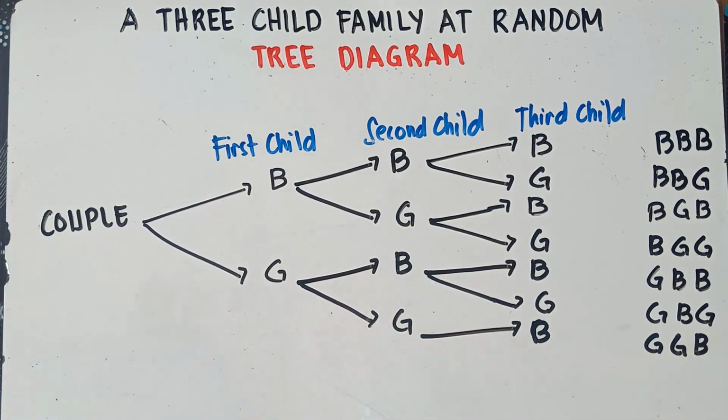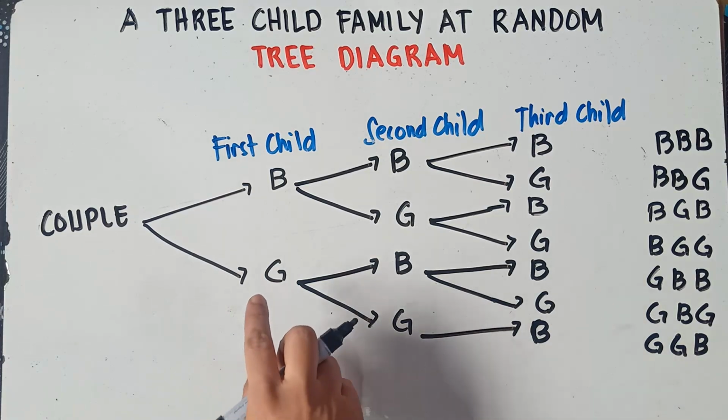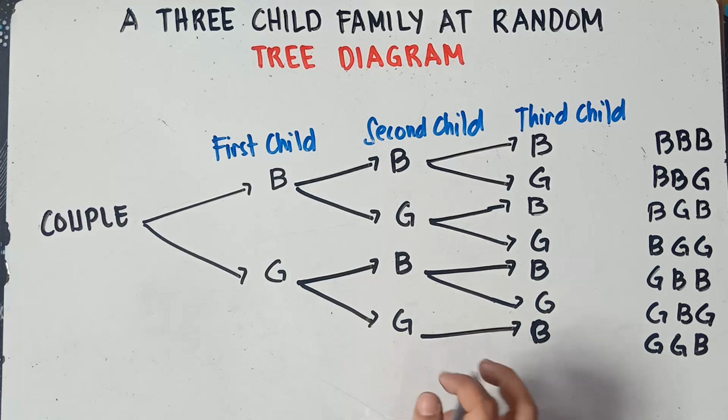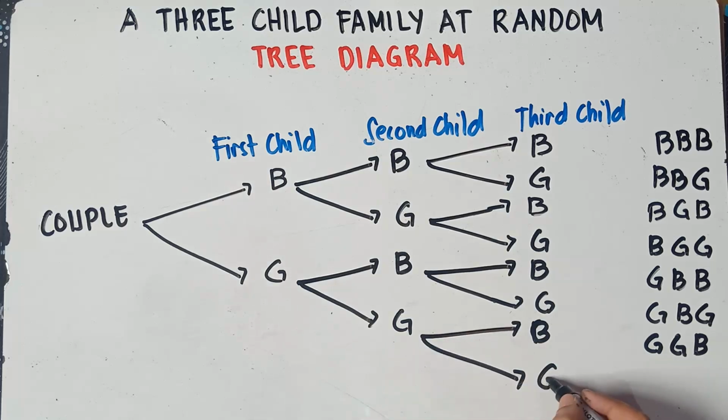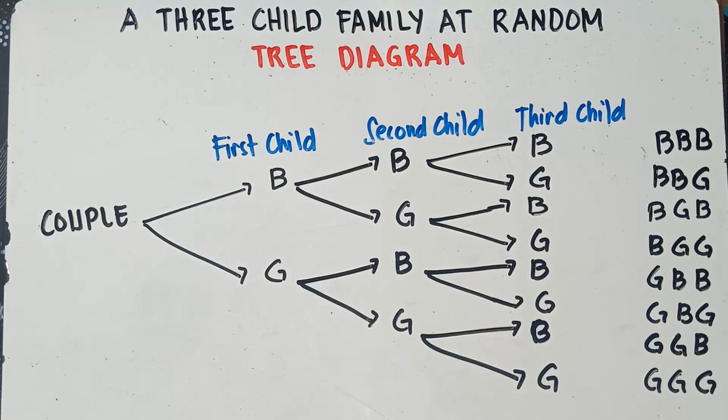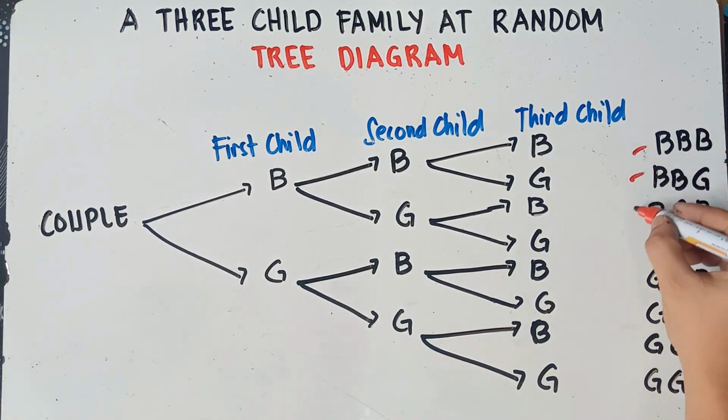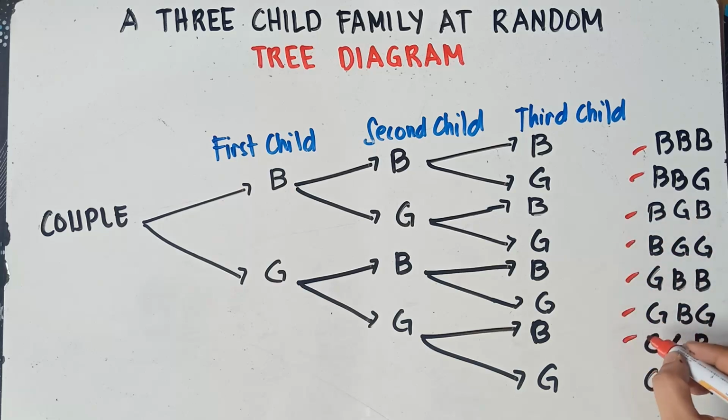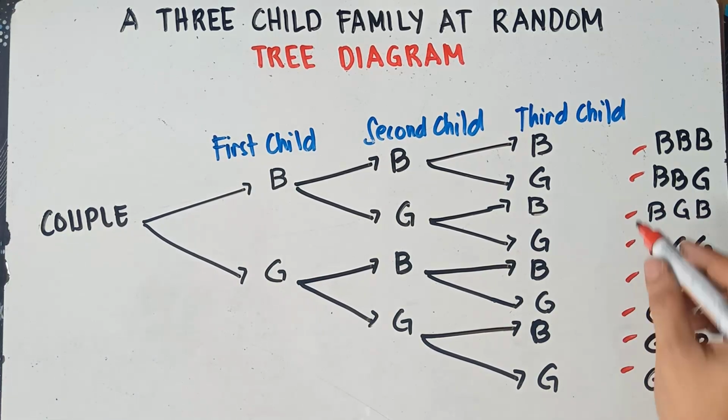And then last scenario, class, if your first child is a girl, second child is a girl, the third child could also be a girl. So you have 3 girls. So therefore, class, let's count the number of possible outcomes with regards to a 3-child family at random. So let's count this one. 1, 2, 3, 4, 5, 6, 7, 8. So therefore, class, 8